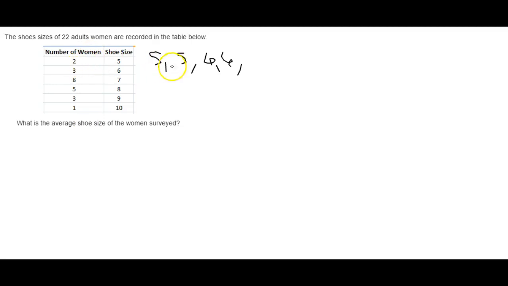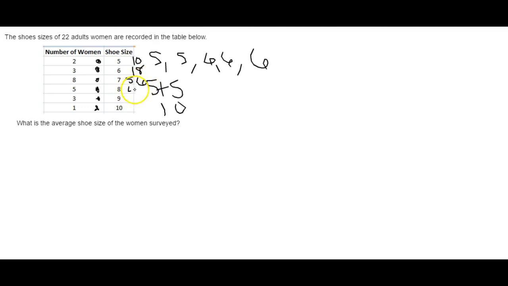So, when you add 2 like things together, 5 plus 5, that's 10. That's really the same as multiplying. Multiplying came about from adding the same thing together over and over again. So 2 times 5 would be the same as doing 5 plus 5. Or 6 plus 6 plus 6 would be the same as doing 3 times 6. So we're going to multiply all of these together and then still add them together. So 2 times 5 is 10, 3 times 6 is 18,